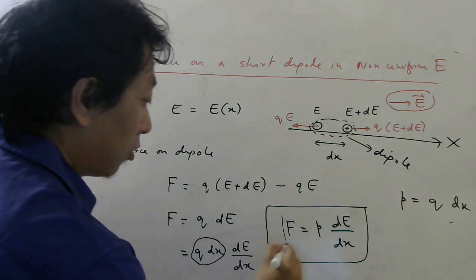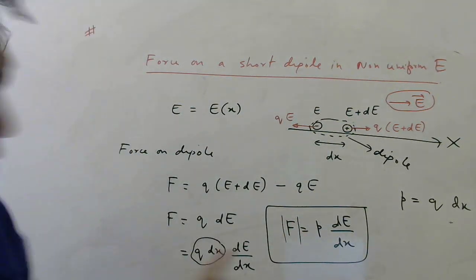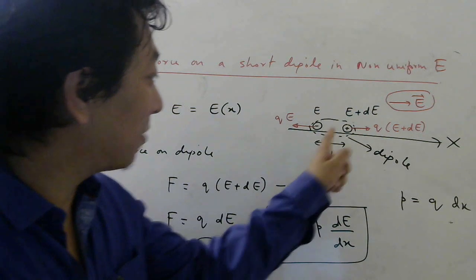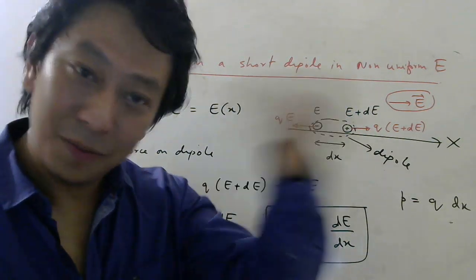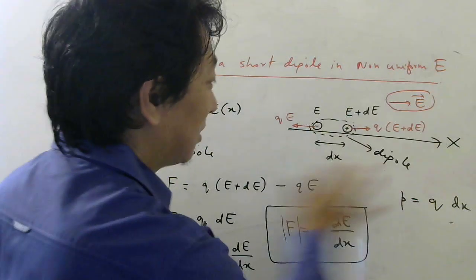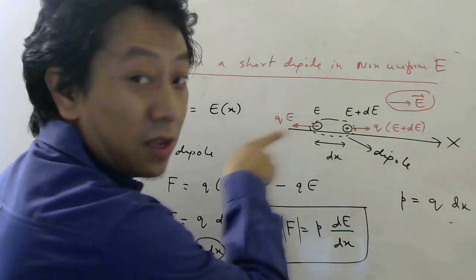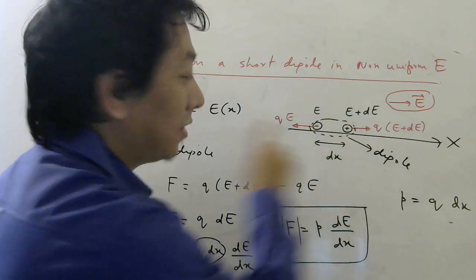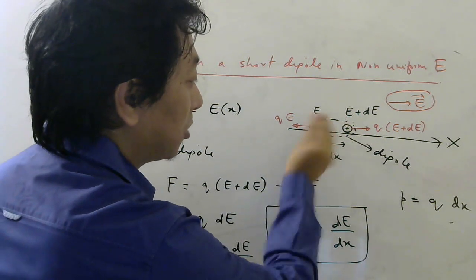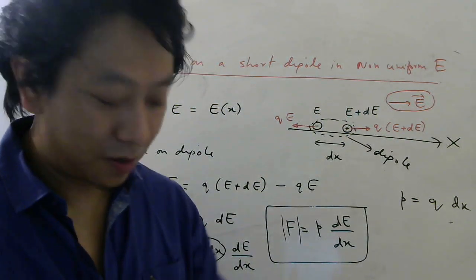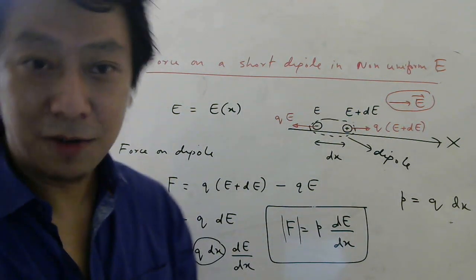Okay, and since we are calculating only the magnitude, think this is modulus here. Direction, no need to minus, whether to write minus sign or here, you don't worry, because direction we can find from this knowledge. I did previous one also, right? So in this picture, for example, where is the direction of the force? This side. Why? Because this force is greater than this force. Now if you interchange plus q and minus q, net force will be this side. Understood or not? So you can try to do that part.